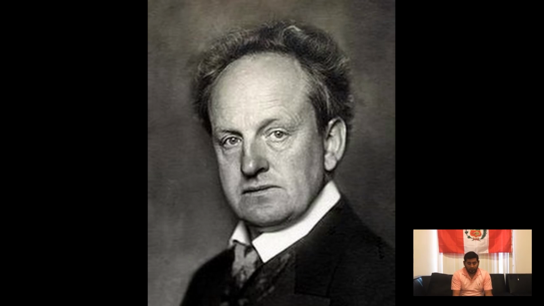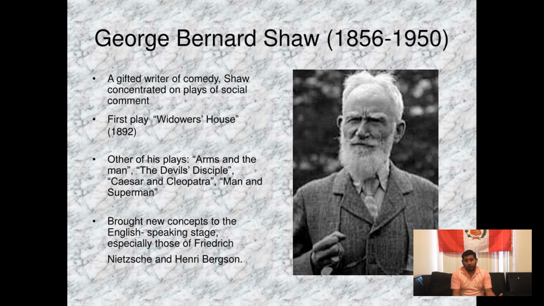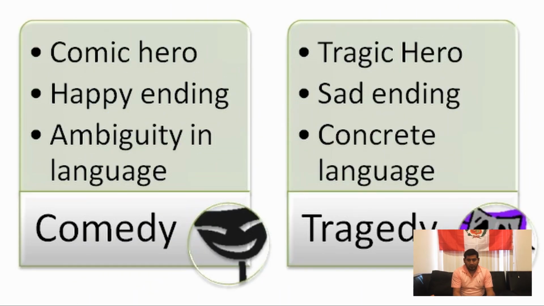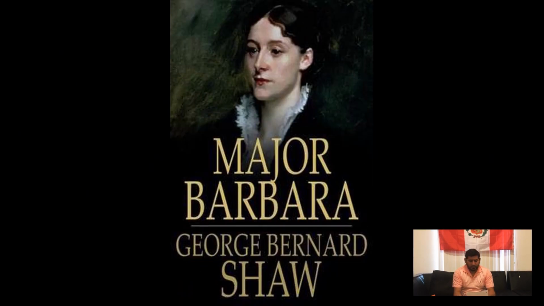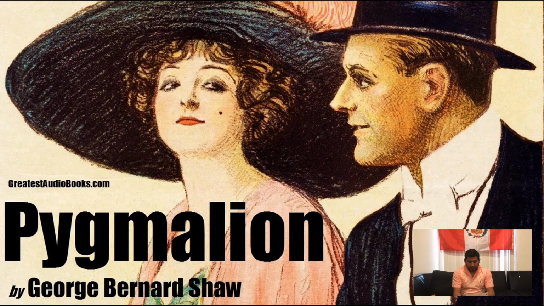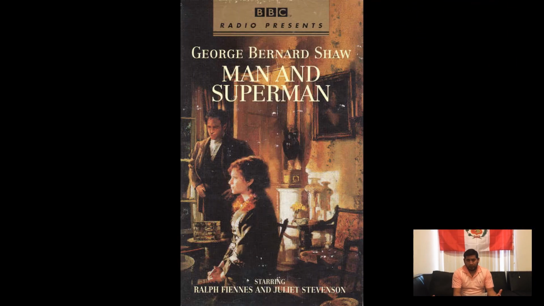And in 1891 in London, the independent theater movement started. One of the most recognized things about the London theater is that they worked with George Bernard Shaw, a playwright who emphasized comedy mixed with tragedy, because he wanted to make people question their values. He wrote a lot of plays at that time, like Major Barbara, Pygmalion, Man and Superman, Arms and the Man, and this man shaped most of the playwrights of the 20th century.